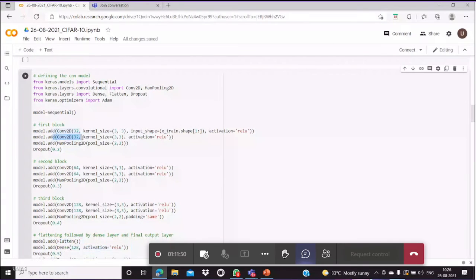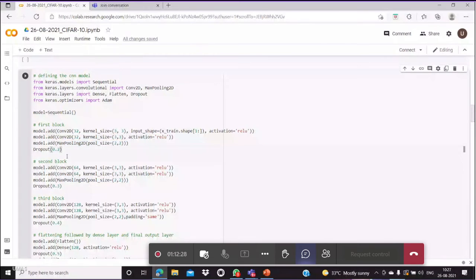So here in the Conv2D, the kernel size will be 3 cross 3 with the ReLU function. Here we have no need to specify the input, because initially only the first convolution layer needs the input. After the second layer, the previous convolution layer's output acts as the input. So automatically the output of the first convolution layer becomes the input of the next convolution layer. Next I'm going to apply max pooling with a 2 cross 2 matrix.